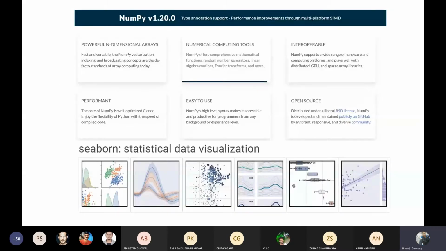Next, we are going to use NumPy. NumPy is also another library used for this purpose. It is a numerical computing tool, and it is also interoperable. Interoperable means a wide range of hardware and computing platforms can be simultaneously integrated with NumPy. It is also easy to use and open source, with a BSD license.